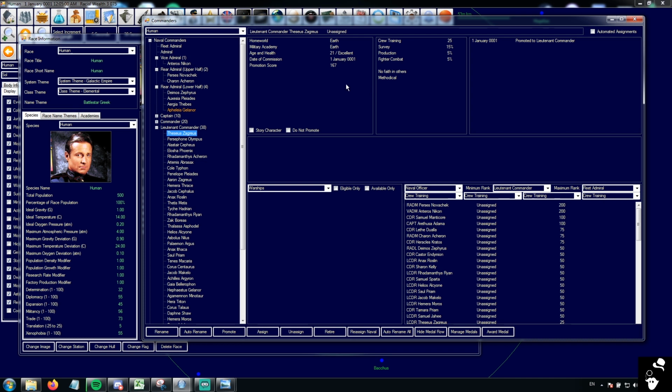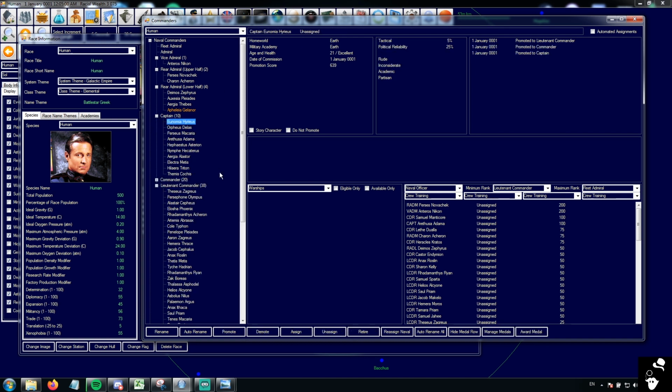lock them into the rank that they're at. This is useful because if you have a captain and you want him to stay in command of the ship they're in, you have to flag them as do not promote, because if they're promoted above the rank, they're going to be pulled out of that rank and then somebody else is going to come in. So this is useful if you want a person to stay in the role they're in and not be relocated